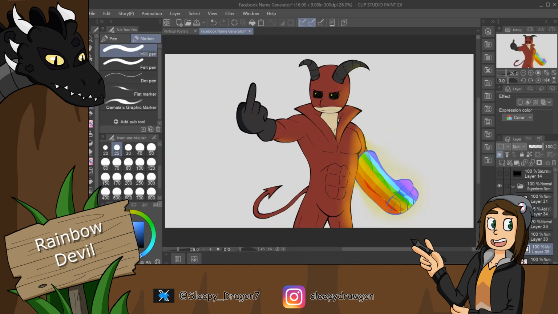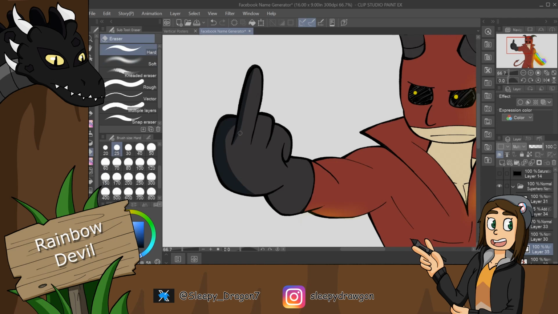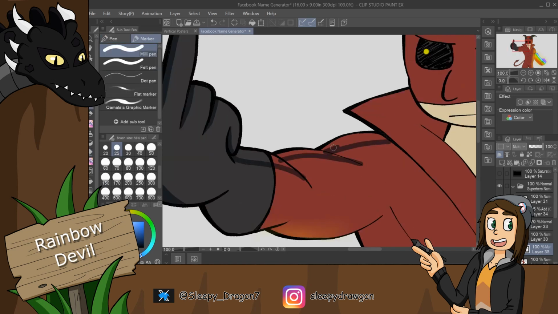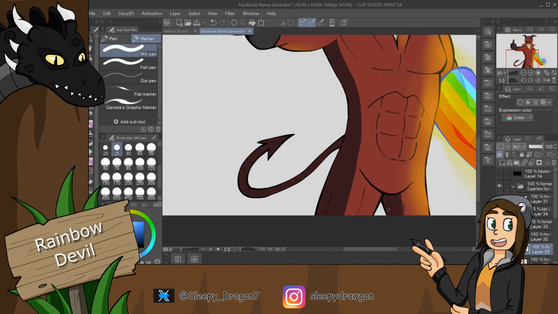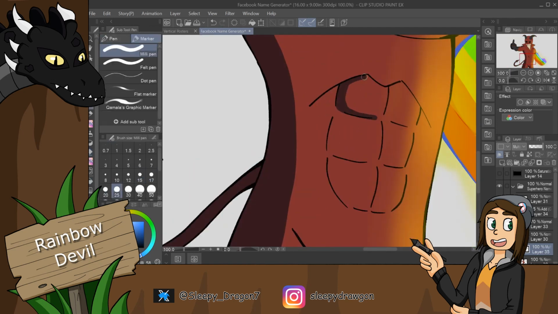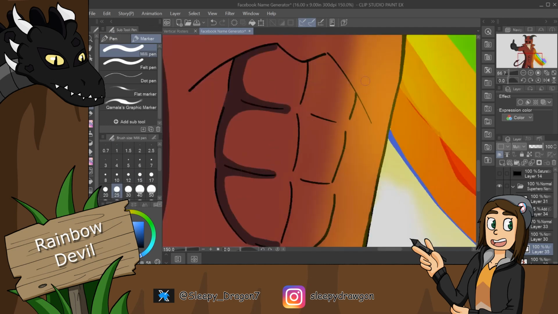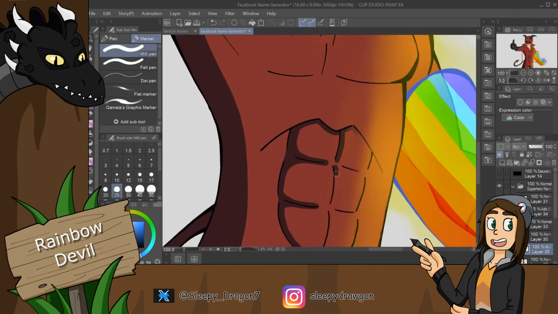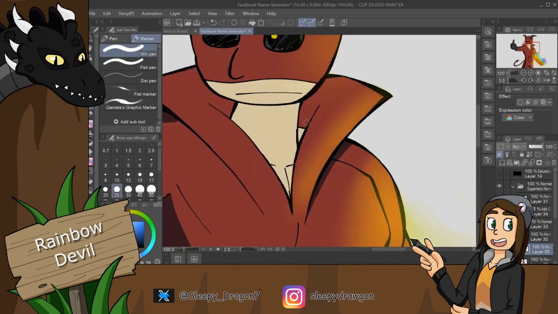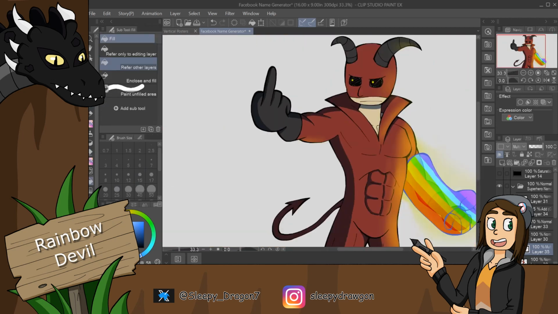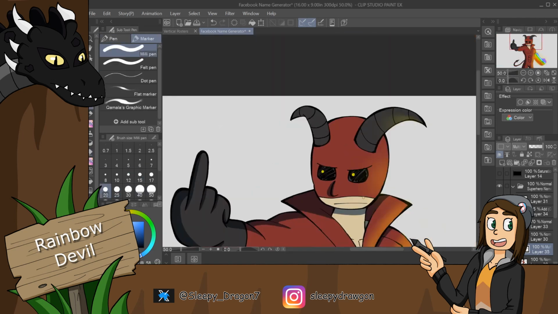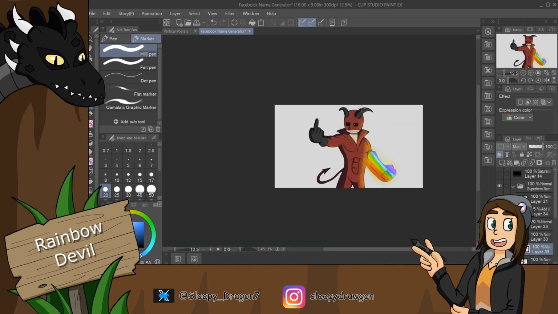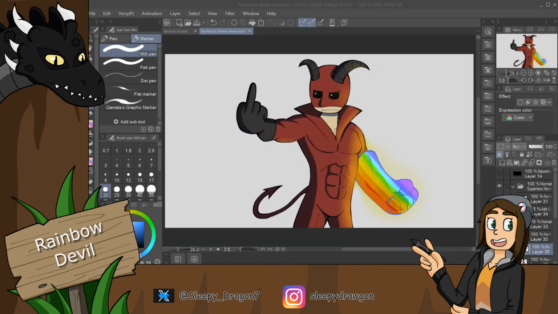That was surprising. I don't even know if the mic picked that up. But yeah, the rainbow fist, it does glow. And then we made that reflecting on the shading of this man. And you know, I think we did a pretty good job at doing that. Adding in the shadows in the muscles to make them a little more in depth, and then we kind of used like a soft eraser on some of the edges to where it would fade away. A light eraser, I think, would be the correct term. A soft eraser, that's the correct term. I don't know why Shadow the Hedgehog keeps coming back into my word choices, but he